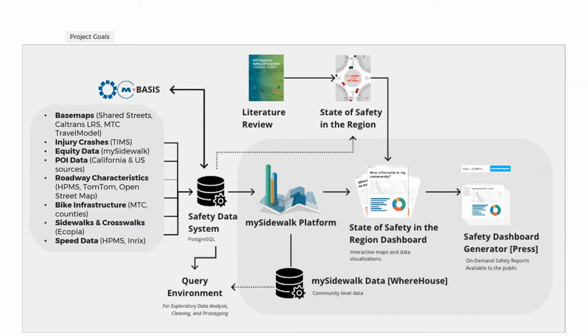We excluded property damage only crashes, some equity data, point of interest data, roadway characteristics data, bike infrastructure, sidewalk and crosswalk data, which we purchased from a vendor through our contract, and then some speed data, speed limits from the Federal Highways HPMS data source, and then INRIX data to get actual observed speeds on certain streets. So all of this got combined into a single relational database and powers the data tool that we're going to